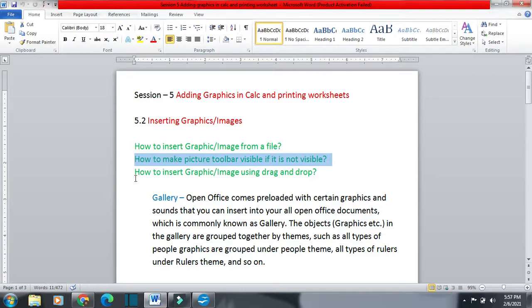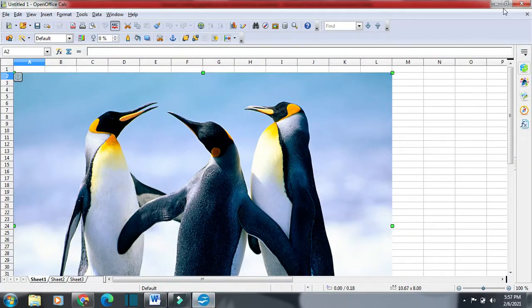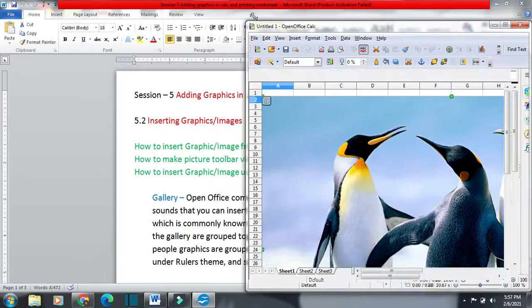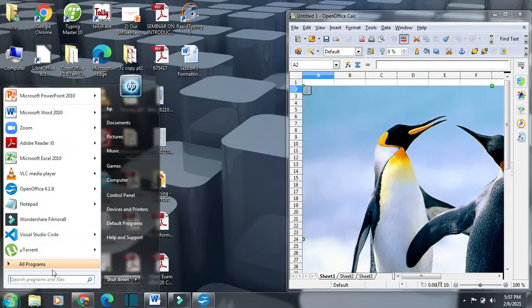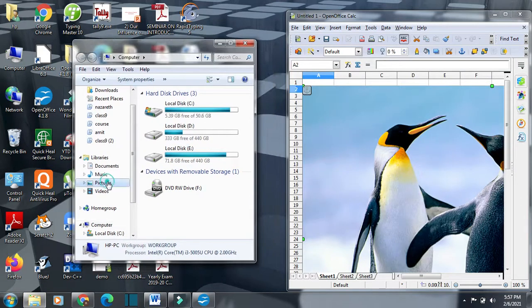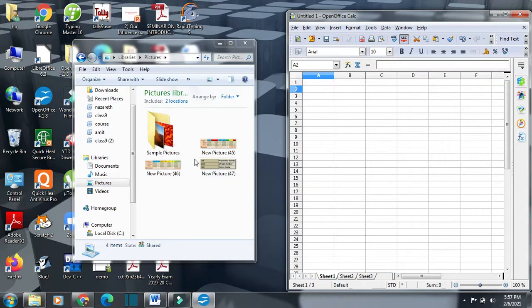Our next topic is how can we insert a graphic or image using drag and drop. So we will open Calc, and then we will open the picture, and suppose I want to insert this picture in Calc.